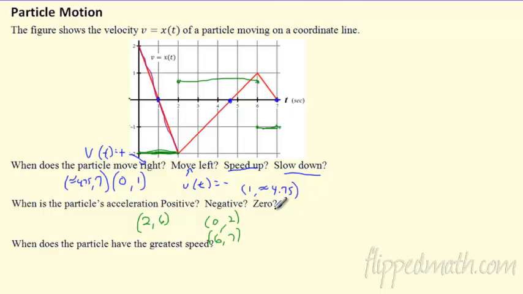Is there a time when the acceleration is 0? In this case, no. I don't have a place where the derivative is 0, so there is no place where it has no acceleration. So how does that help me with speeding up and slowing down? Well, if I have